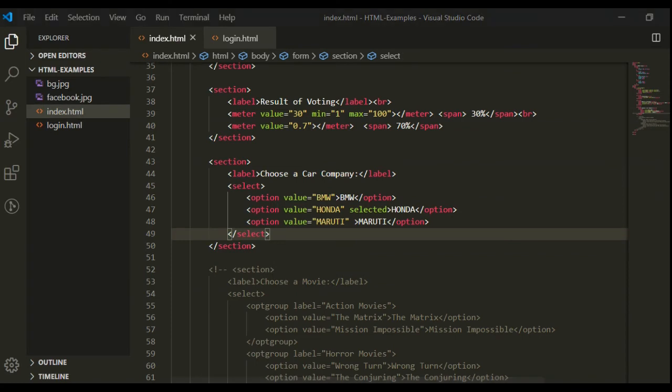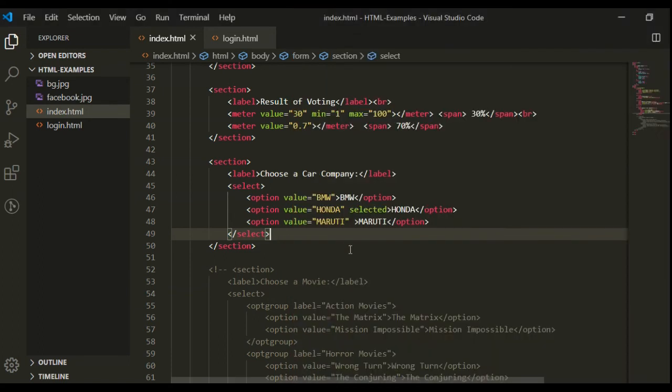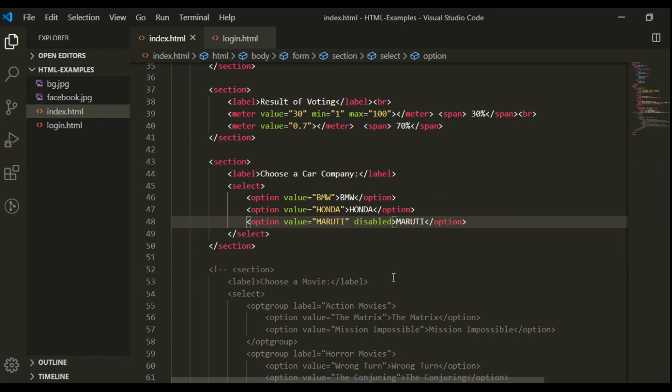Same as that, we have another attribute, disabled. For the disabled, just use the disabled attribute. Both attributes are used as boolean values with the option tag. Now here I have given the disabled.